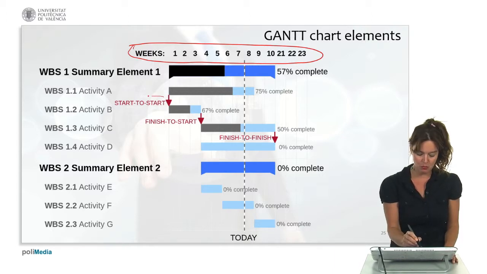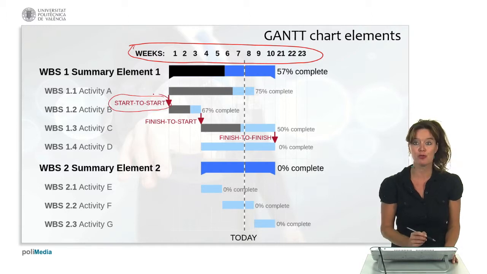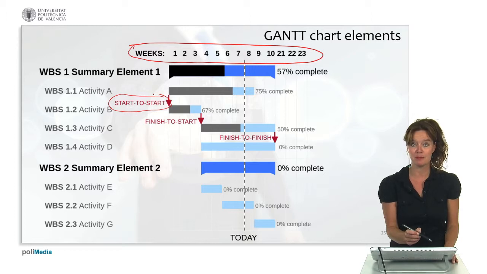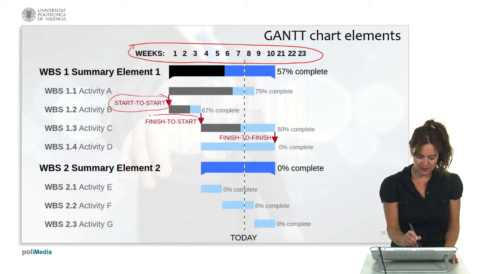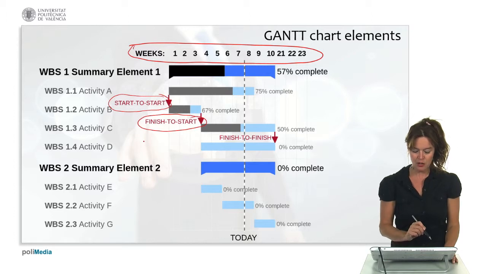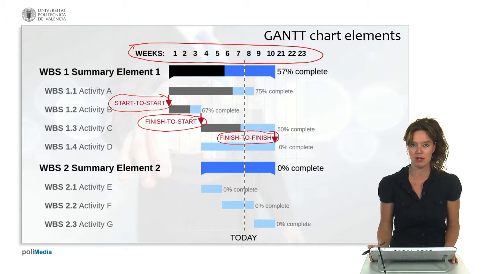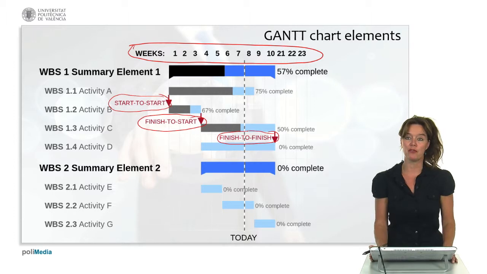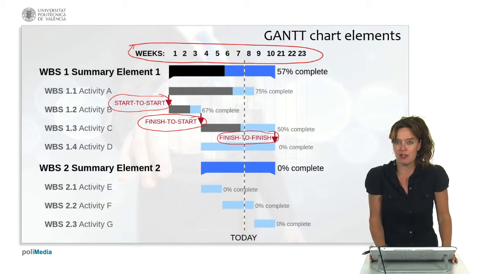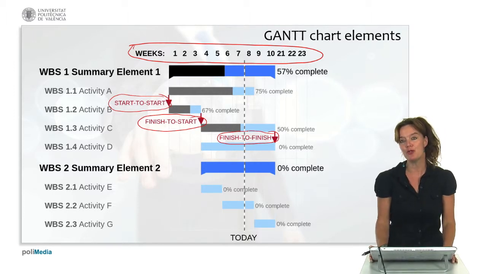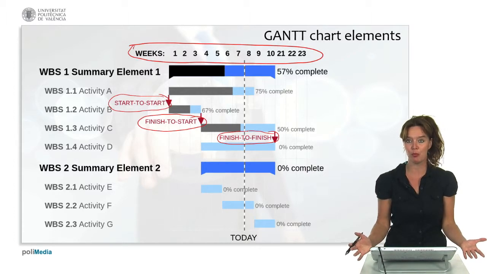For example, you can see one here, which is a start-to-start dependency. The tasks A and B need to start at the same time. Here we see a finish-to-start dependency, saying that when task C starts, task B needs to have finished. And here we see a finish-to-finish dependency that indicates that these 2 tasks, C and D, have to finish at the same time. So here we have a simple example of a Gantt chart, what the elements are and how we can use that to time plan the tasks and work packages of our